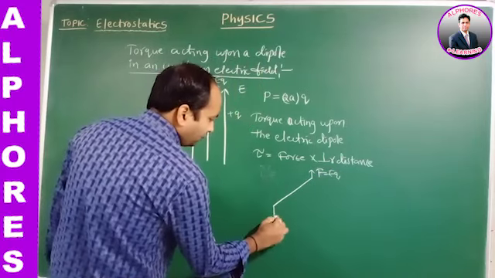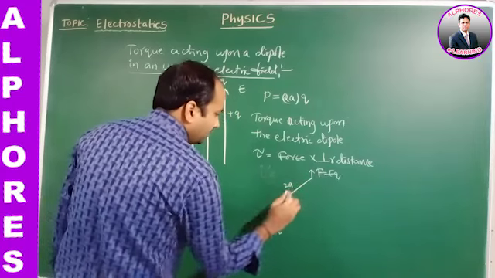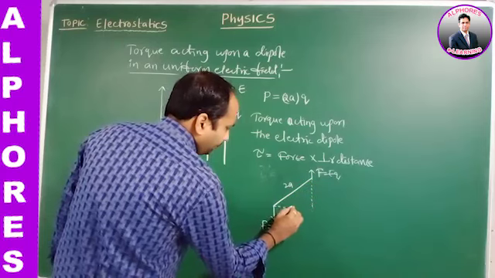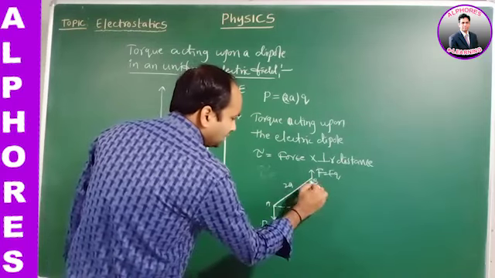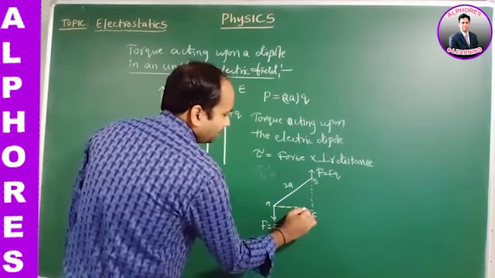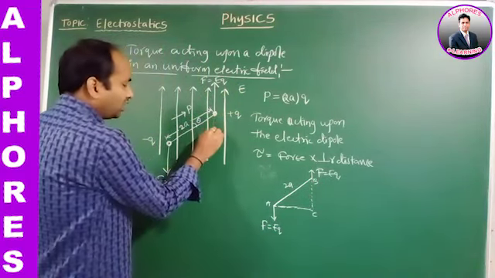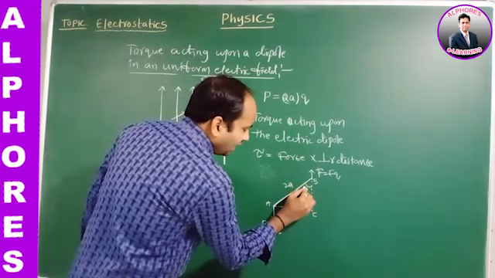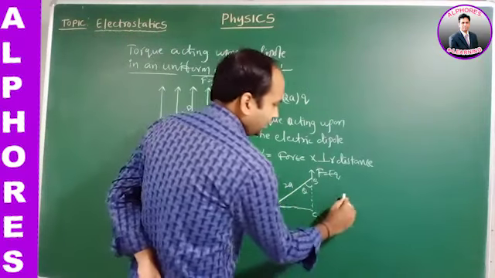Here the force acting is F equals Eq, and this distance is 2A. Now what is the perpendicular distance? Let us take triangle ABC, where AC is the perpendicular distance. Here what is the angle? Theta. The internal angle here is also theta. So here you should take the angle as theta. Okay, from this diagram,